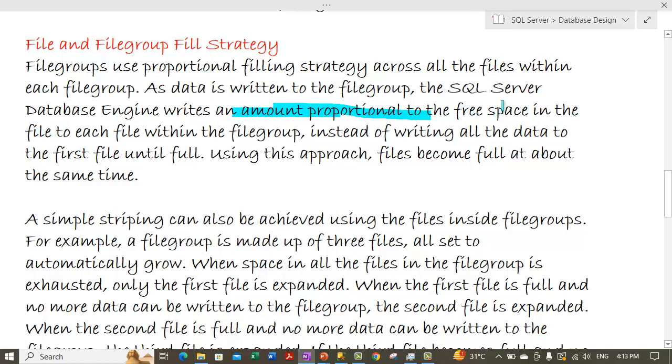It writes the data proportionally according to that, instead of writing all the data to a first file until full. So it doesn't work like that. It does not fill the first file first, and then the second file, and the third file in the third instance. So it basically is, whenever we write data or create an object on the file